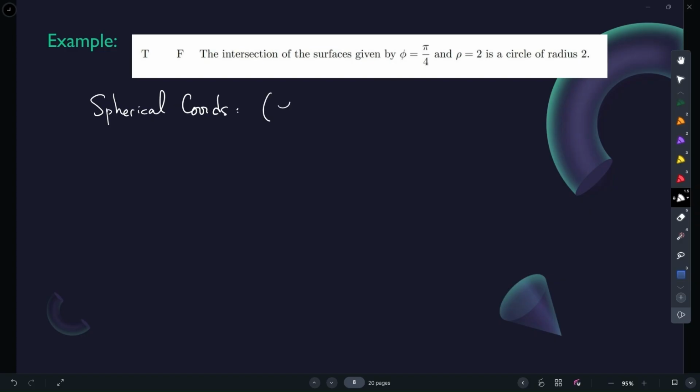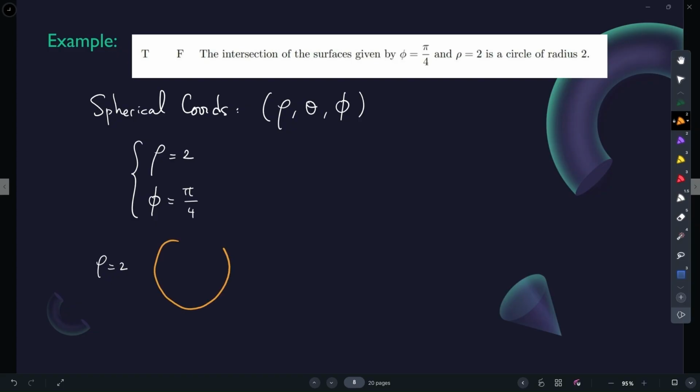And remember that in spherical coordinates, we have coordinates rho, theta, and phi. And they are fixing two surfaces, one that says that rho equals 2, and one that says phi is equal to pi over 4. Now, rho equals 2 is a sphere of radius 2 because it's precisely all the points away from the origin at distance 2. But phi equals pi over 4